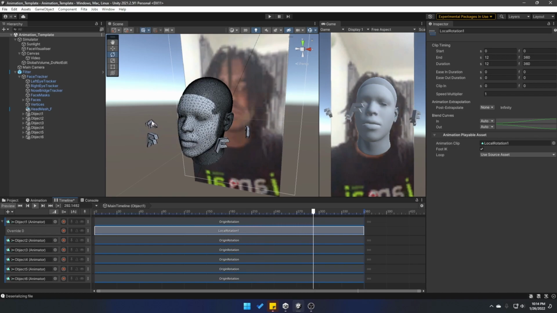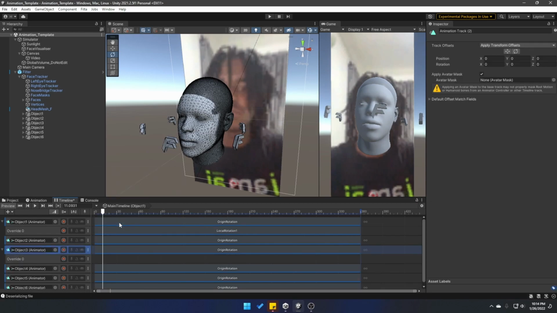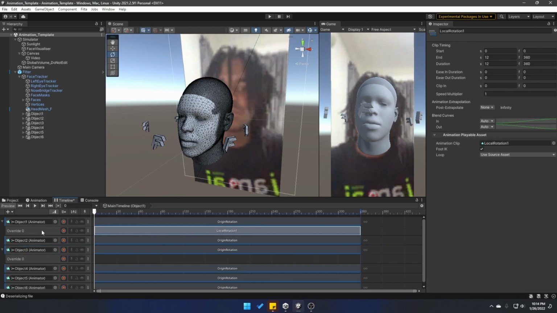And there it is, coming back to its place. I want this to alternate on every other object, so let me do it on 3 and on 5. Let's go to 3, add override track. Let me make sure that I am on 0, and I can actually just click on local rotation for the